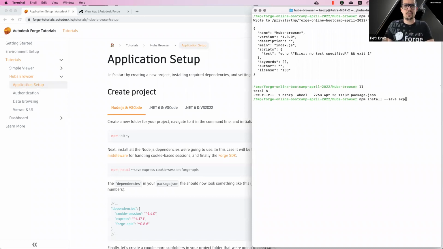So we're installing Express. That's one of the most popular web application frameworks for Node.js that will make it a little bit easier for us to build different server endpoints and add middleware layers that process all incoming requests. We will also add this other one that I was mentioning,